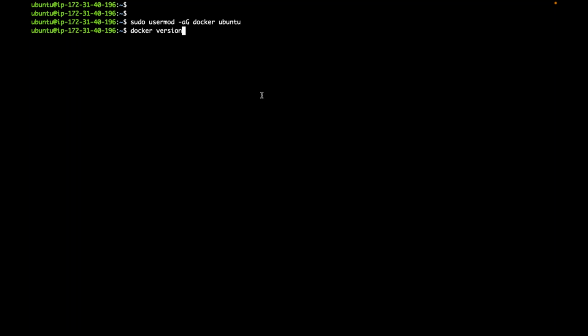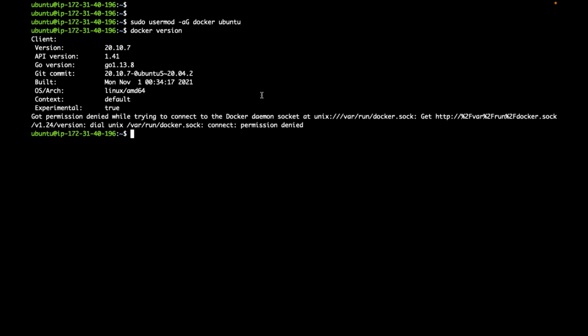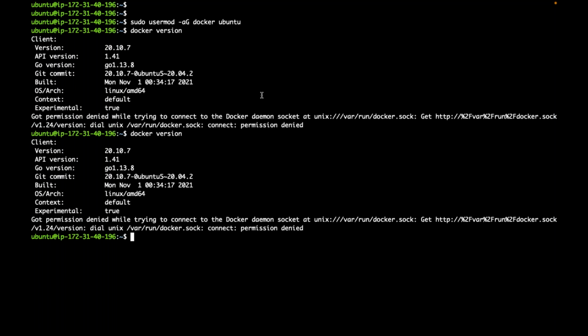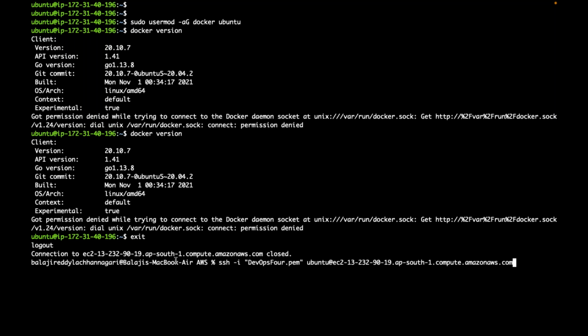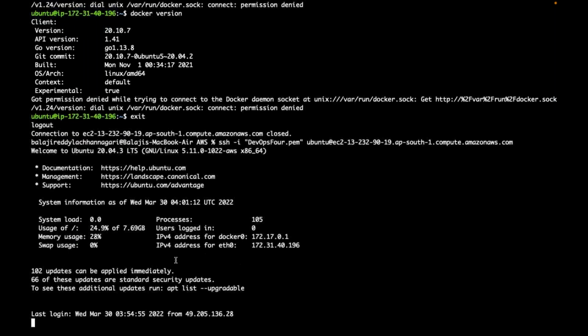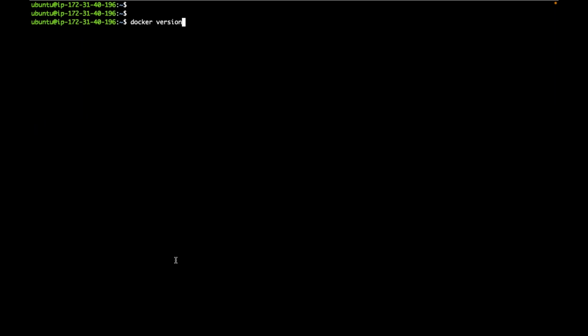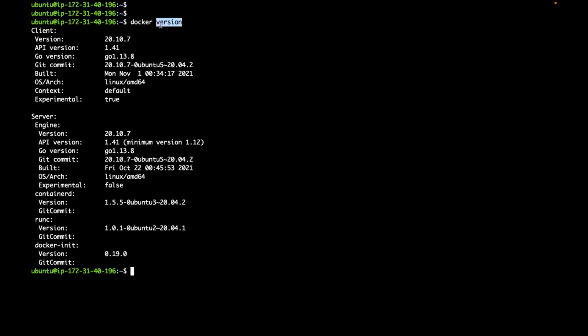This is added, but is it going to reflect in the same SSH session? No. In the same SSH session, it will not reflect. I need to restart the SSH service, or let me exit from this session. If I SSH again, a new session is started. Now, in this new session, am I getting those permission issues even though I am executing as the ubuntu user?